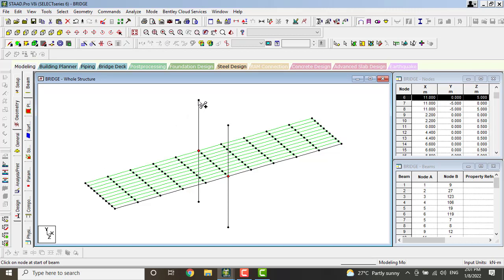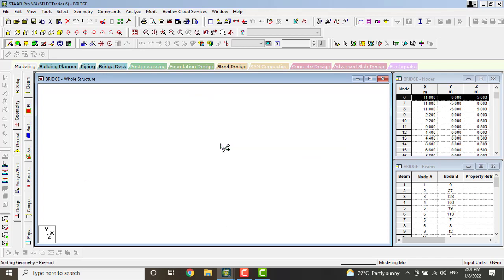Next we have to connect the nodes with this top point. Why? Because it is a cable bridge. These are the cables.